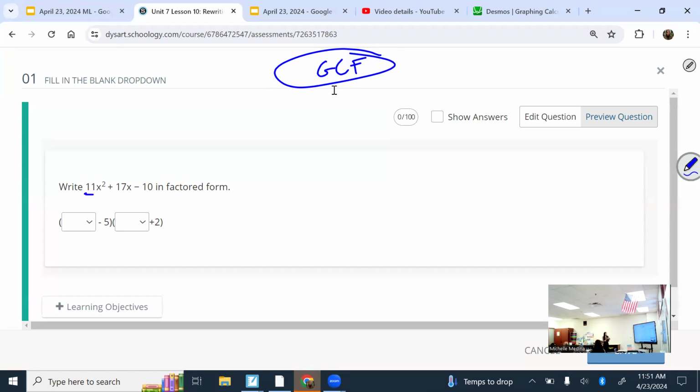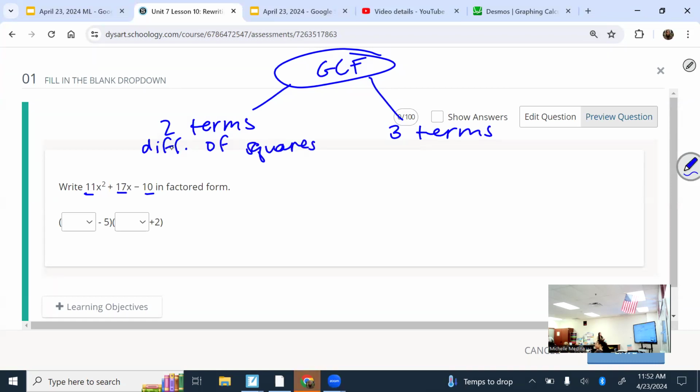Is there a GCF between 11, 17, and 10? There is not. And no x's to factor out because they don't all have an x, so then I move on to step 2. Later on, like in Algebra 3-4, you'll have 3 branches coming off of this. The next way that you factor depends on if you have 2 terms or 3 terms. If it's 2 terms, you check if it's a difference of squares, which we've talked about before, but I don't think I need to talk about it again right now. So just know, if it's 2 terms, you see if it's a difference of squares. If it's 3 terms, you use a